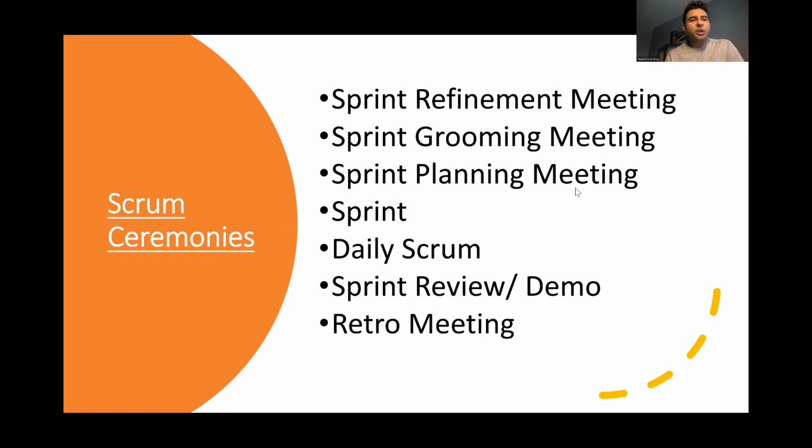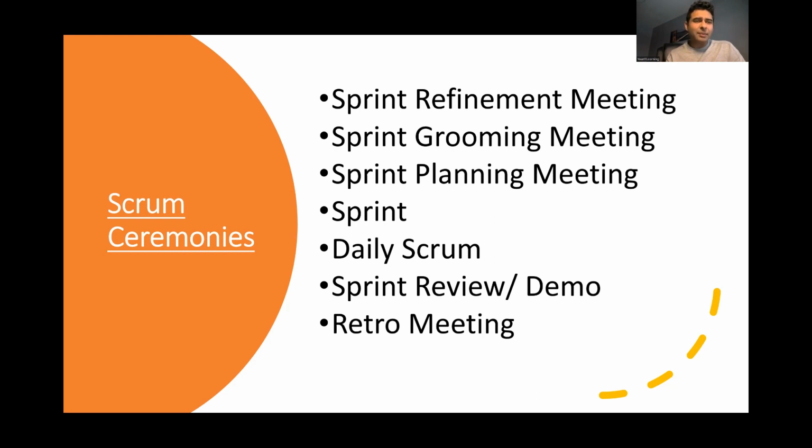What are story points? Every user story is estimated: how much time will it take to complete a user story? That is called the story points. Story points are also needed for estimation when the sprint planning meeting is happening, because every sprint has a velocity. So you need every user story to have a story point so you can estimate how many user stories need to be brought into the new sprint.